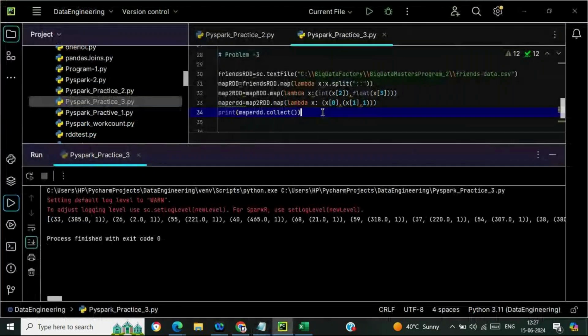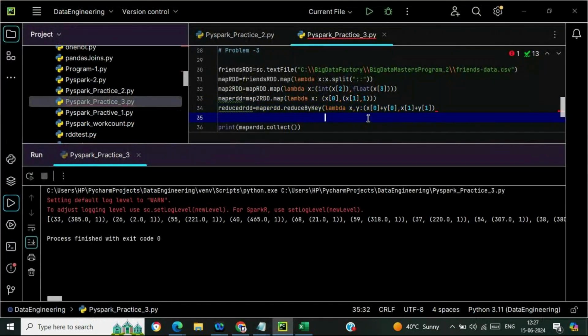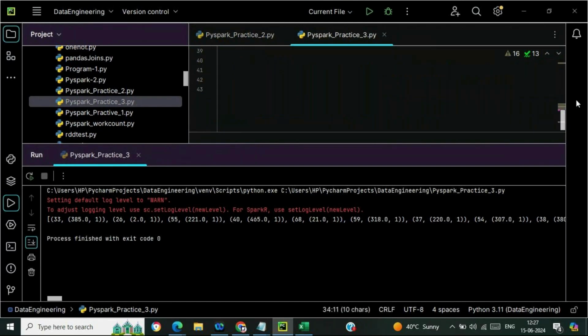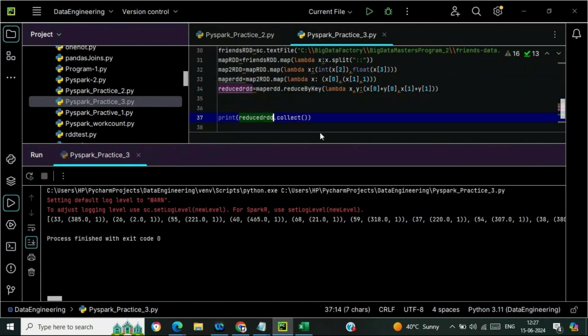Let me paste it over here. One bracket is missing, and let me copy the reduced RDD and collect it.